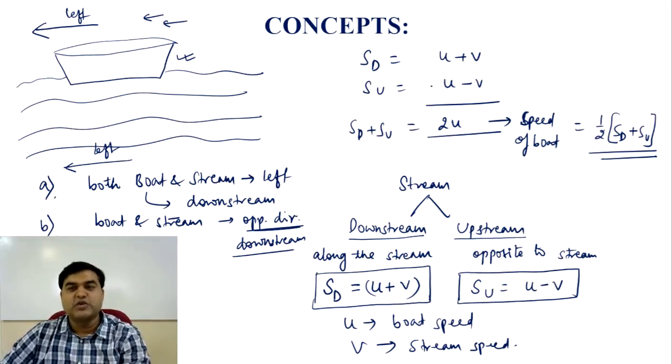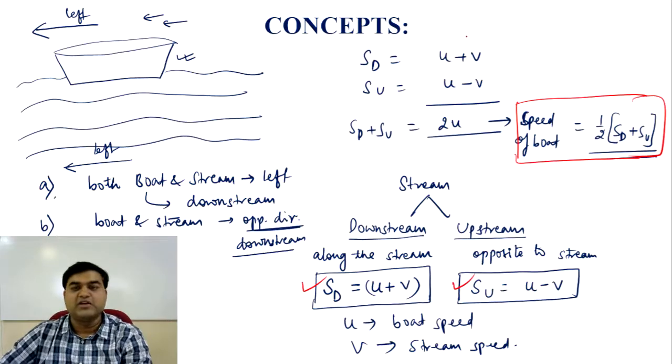Similarly, if you want to find the speed of still water, what you can do, if you subtract these two, U will get cancelled and you will get 2V. And what is V? That is stream speed. So another formula which we must know is, just a moment. So this is one formula which we are going to use, this is one formula, and the last formula we are going to use is